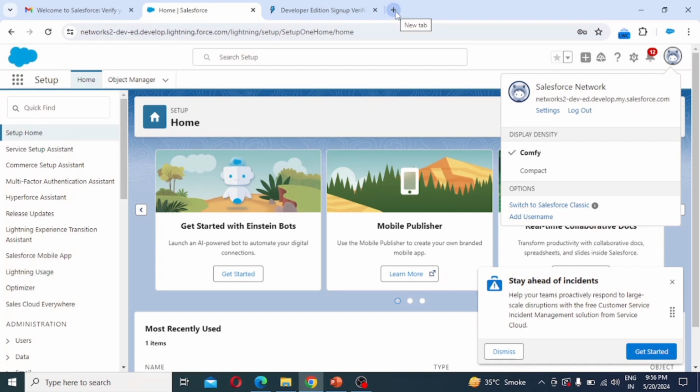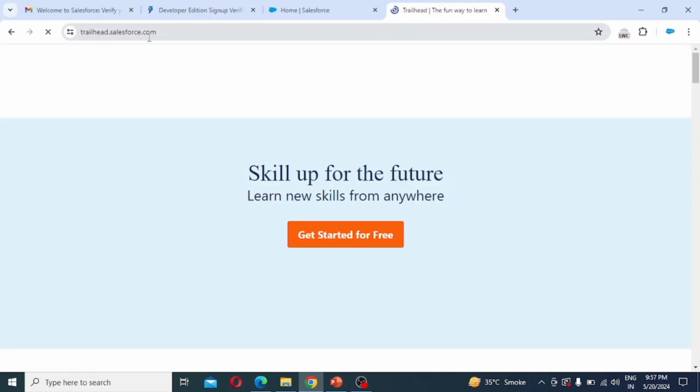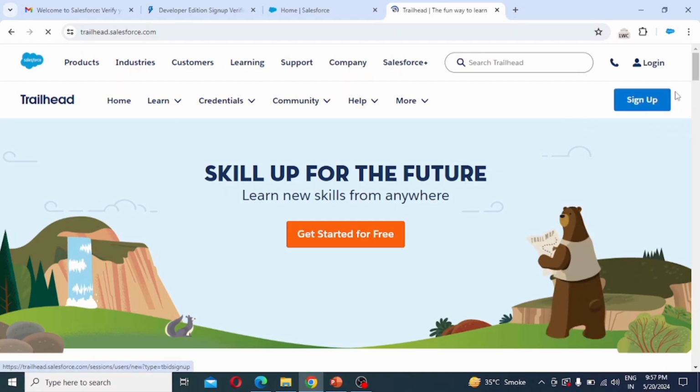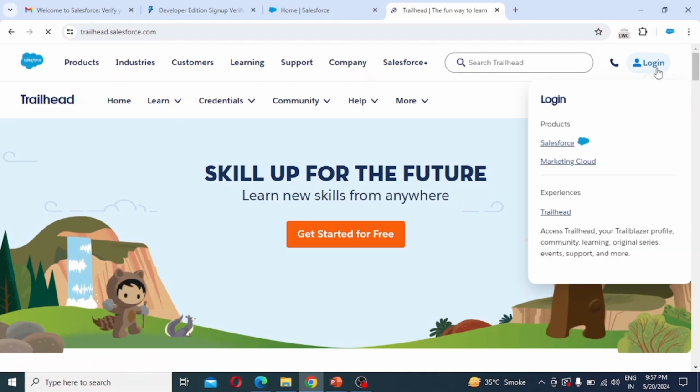In the PPT we had seen that there is a Trailhead account also. We have to connect with this account. We have to put in the URL trailhead.salesforce.com, and click on the login button. Then in the experiences we have to click on Trailhead.